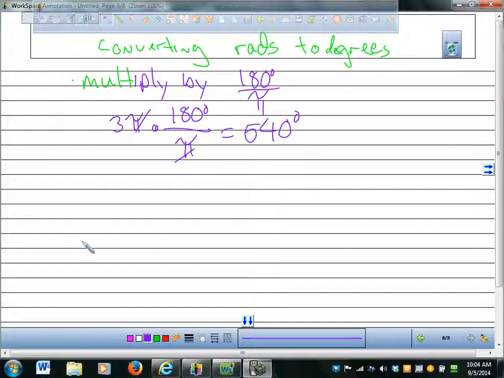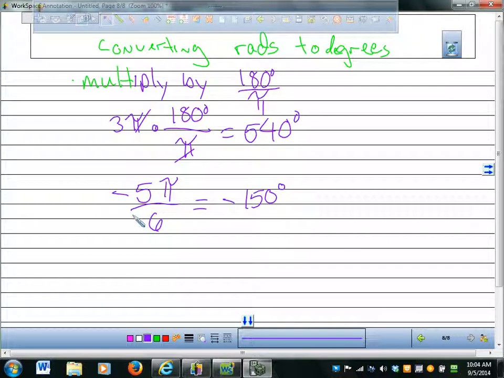Now, what I tend to do, like what if they wanted to do negative 5 pi over 6? This is why I tell you those things in the very beginning. What did I say that pi over 6 is? How many degrees is that? 30 degrees, right? A pi over 6, you should memorize that. Pi over 4, pi over 3, pi over 6, pi over 2. Pi over 6 is 30 degrees. What's 5 times 30? 150. So that would be negative 150 degrees, like that.